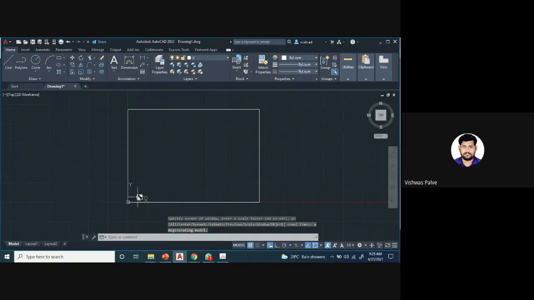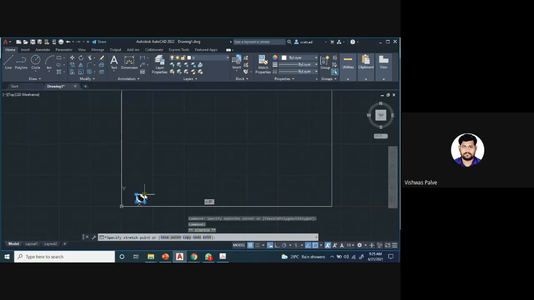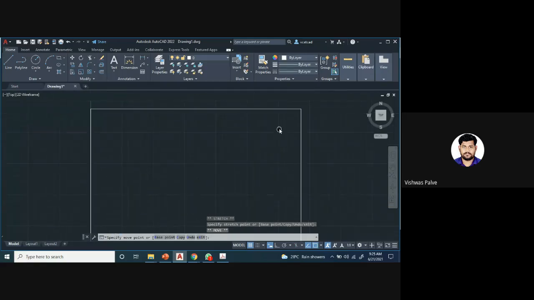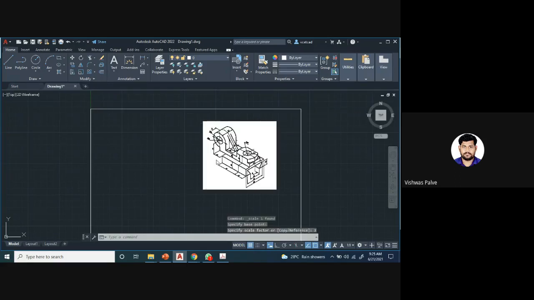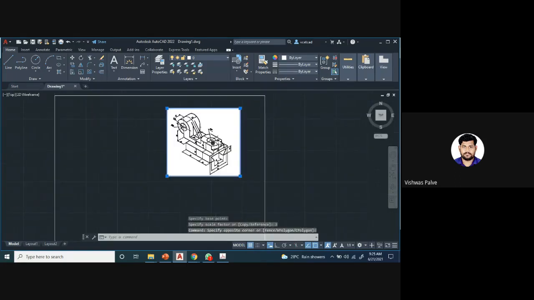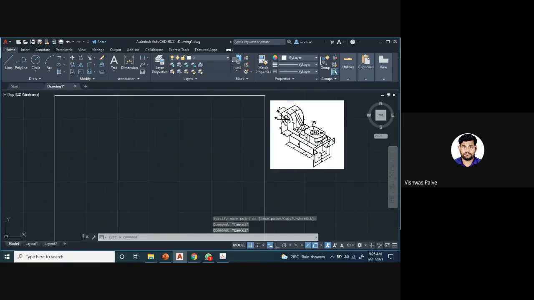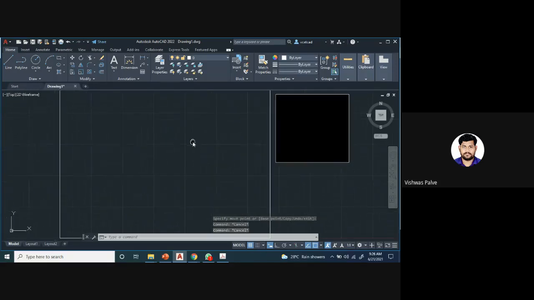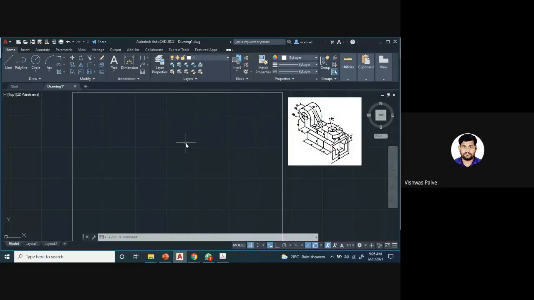This was the drawing which I have copied. I will just move it somewhere here and scale it. There is an option of scaling, so I'll say scale factor as 3 times. I can again scale it to twice. You don't have to do this because the question is already there with you in the PDF, so you don't have to copy it. This is just for reference so that it is helpful for us to directly view the problem here itself, with no need to switch the window again and again. Yes, so I have drawn a rectangle.